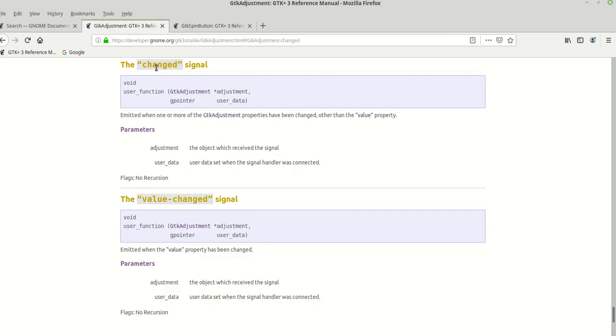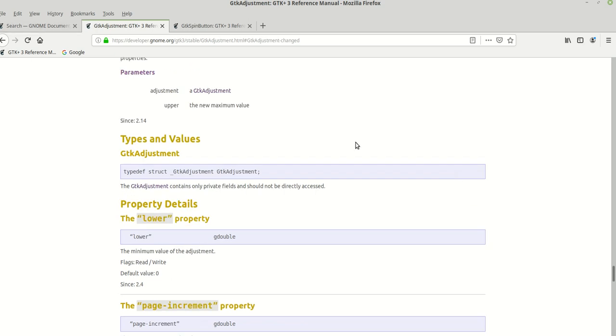I showed you how the change signal worked on the adjustment, and as you can see here, you can only check if one or more of those adjustment values were changed. You see, emitted when one or more. But of course, if you want to see which one, then you create an adjustment callback where you make these checks by calling